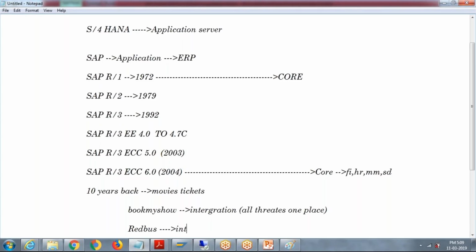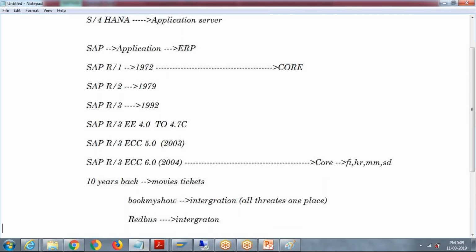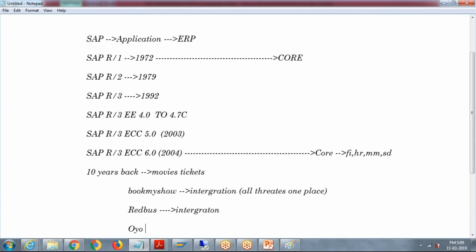what is the concept here? Again, an integration platform. All the software and all the travel agents are in one place. You can book easily. Not only this, even for rooms, in the olden days, if I wanted to book any theater, sorry, any room,